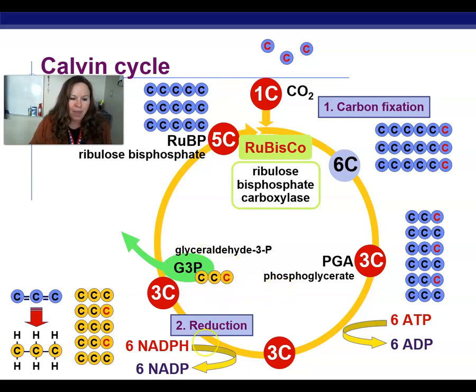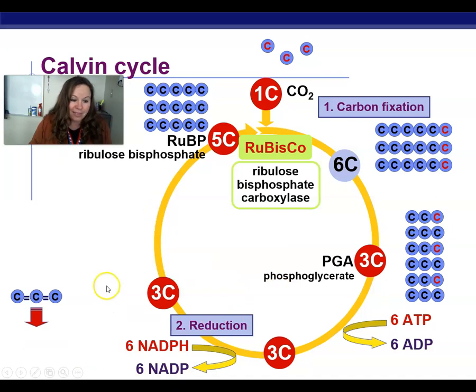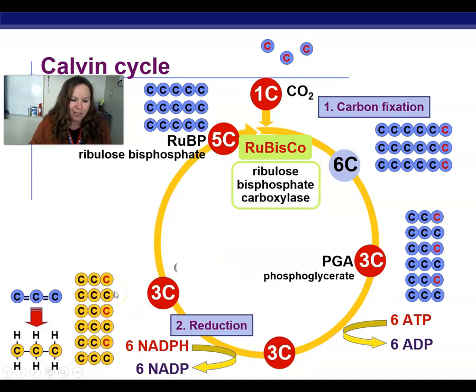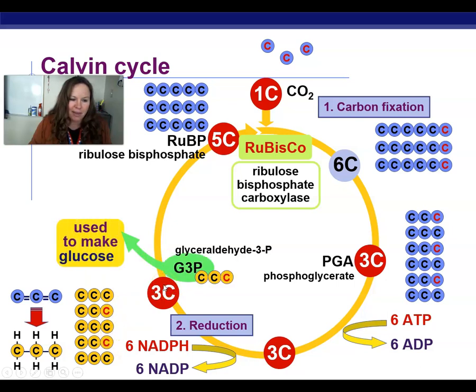So I took one away. I'll show you that again. Oops, it's not cooperating here. So there's my molecules. There I'm taking it away. I'm going to use it to make glucose